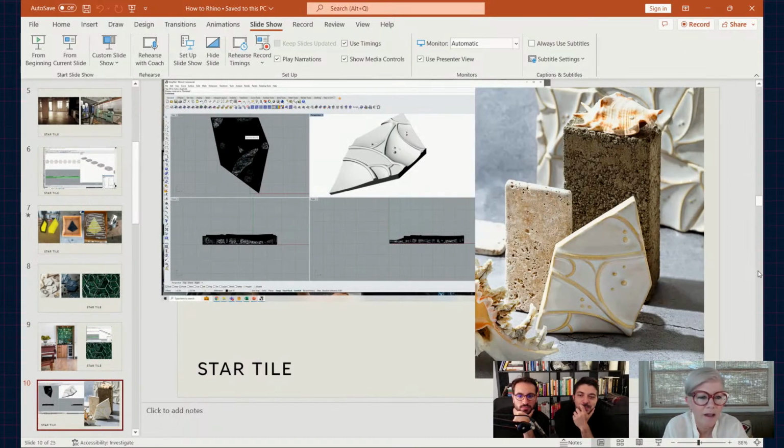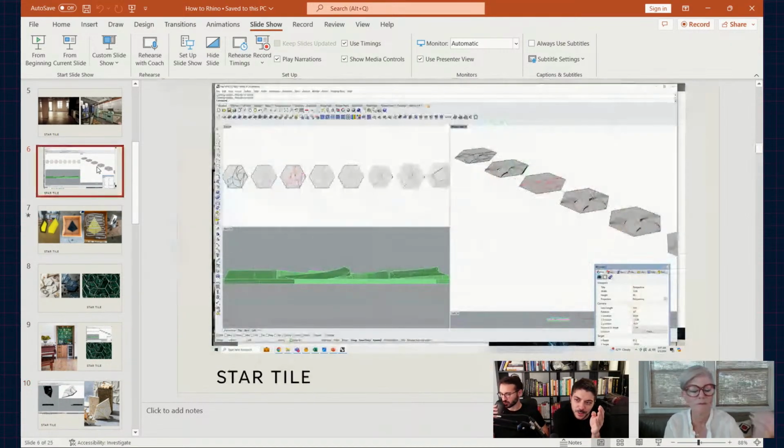I'm curious about your design process in terms of testing out those shapes, like the ones that you showed in the Rhino window, where you were showing the process and how everything evolved. What is that process for you? Do you sleep on it a little bit and then play with it the day after? Oh, so much.